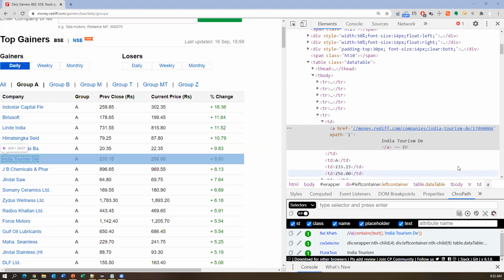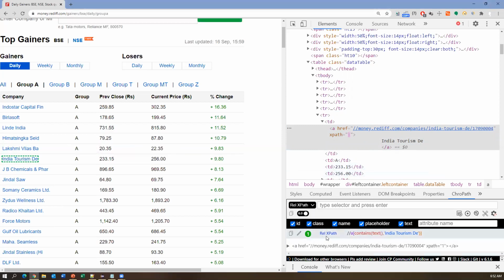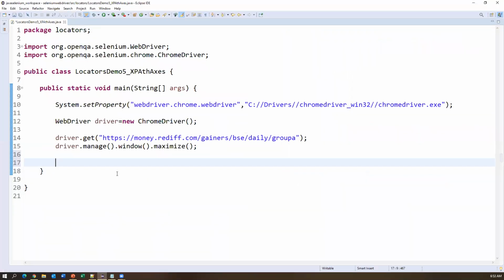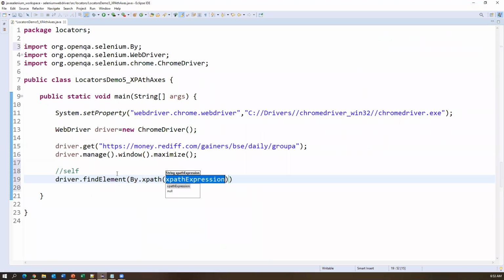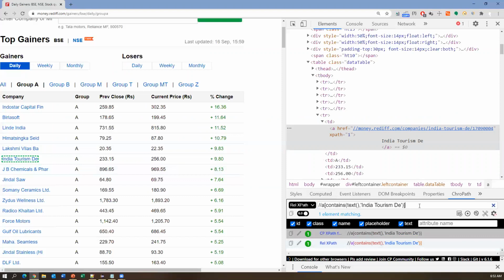First of all, let us capture this element by using XPath. I'm just taking this relative XPath, and you can put it here, then press enter. This will be able to locate the element. So I'll take this XPath of this element. Now I'm writing here driver.findElement by.xpath and specify the XPath. This is just a normal XPath, guys, which will be able to locate the element.